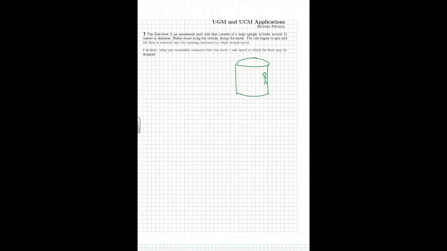Okay, here we have a person riding on the Gravitron. It's a big spinny circle there, being held up not by the floor. So that's a person right there, and the thing spins around and around. So if we look at the forces on the person, there's a normal force from the wall against the person's